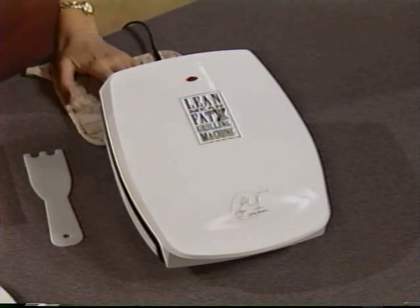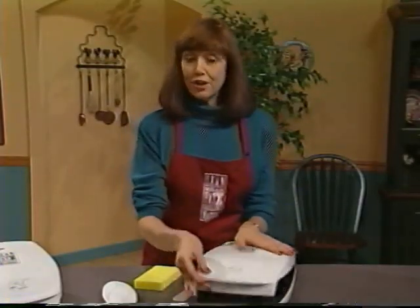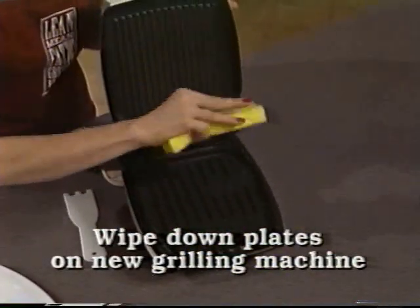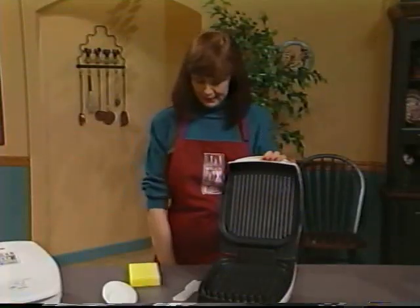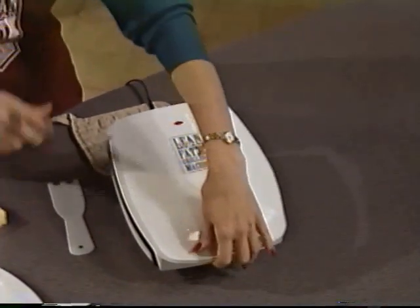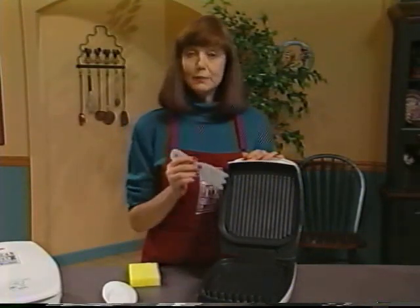Next, I'm going to show you how to use your grilling machine, and it is so easy. If you haven't already done this, take a wet sponge and just wipe down both plates of your grilling machine. Then next, plug it in. You'll see the light come on. When the light goes off, you'll be ready to grill. But in the meantime, while it's heating up, I'm going to talk to you a little bit about the special